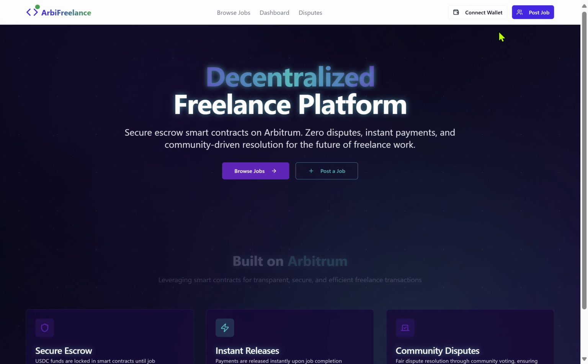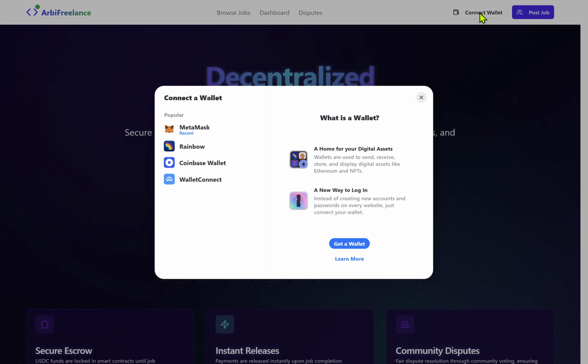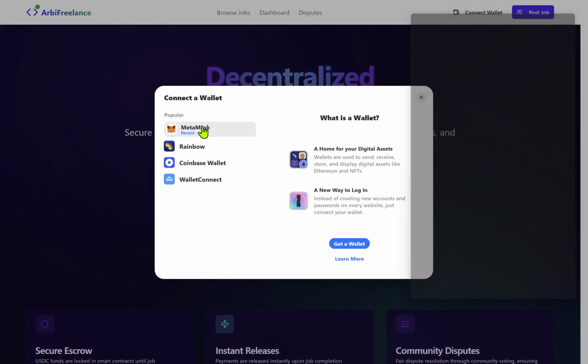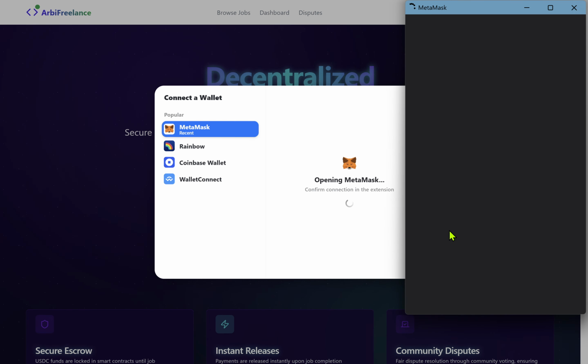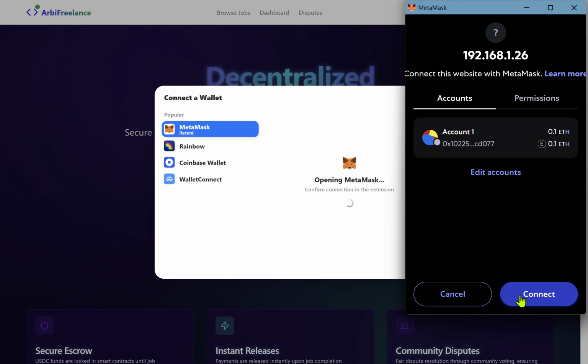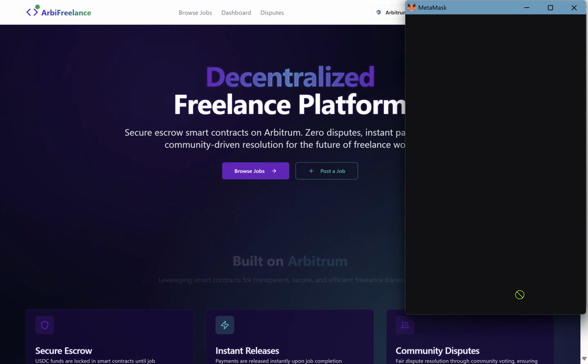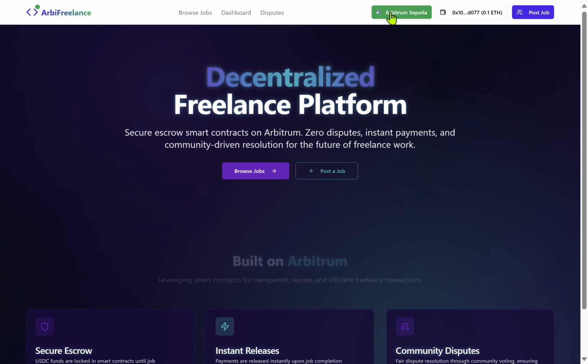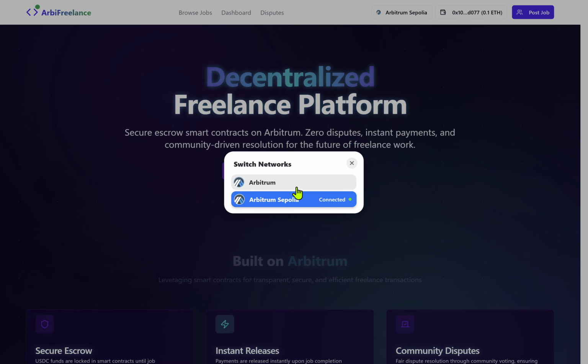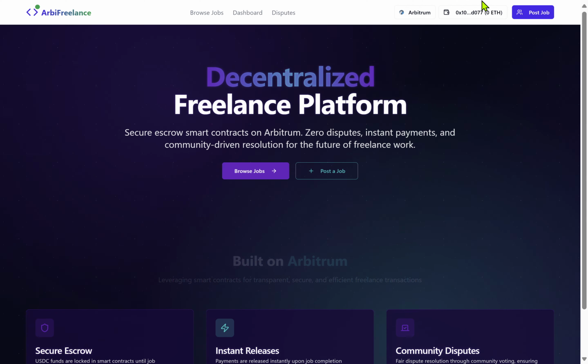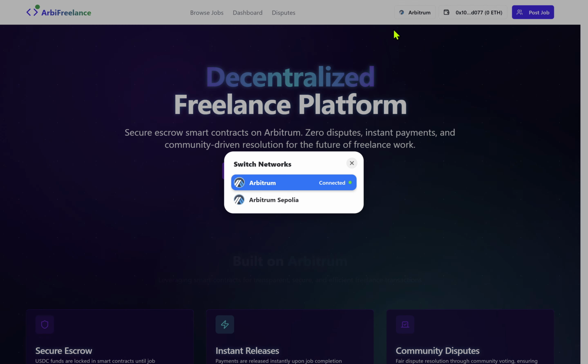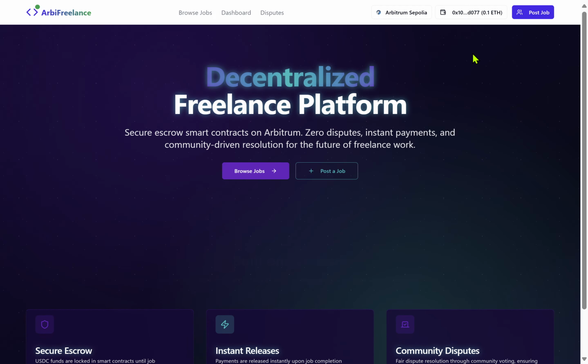We can disconnect, then connect to our MetaMask wallet. The interface opens up, we click on connect and it gets connected. We have Arbitrum Sepolia, which has 0.1 ETH, which can be used further.